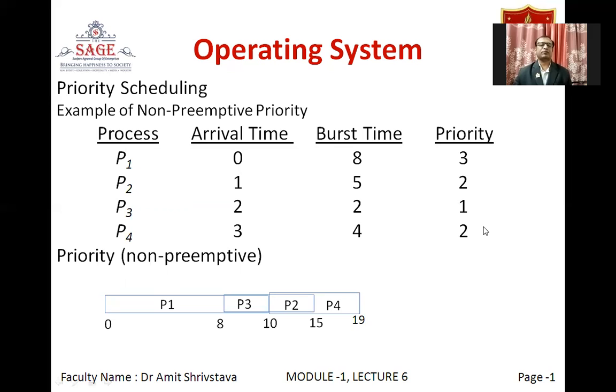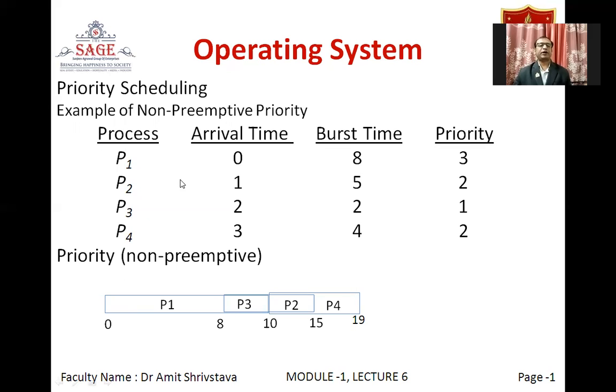So the highest priority is that of P3. Next highest priority is that of P2 and P4 both, because both are having the number 2, and the lowest priority is that of P1, which has got the highest number, that is 3. So the non-preemptive version will obviously, once the CPU is allotted to any process, not take away the CPU from that process until the complete CPU burst is exhausted for that process. So at 0th time interval, we are having only one choice, that is process P1, and its CPU burst time is 8. So from 0 to 8, P1 will be executed.